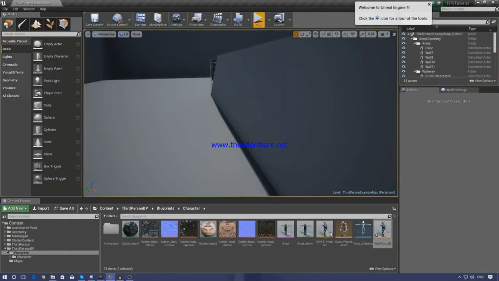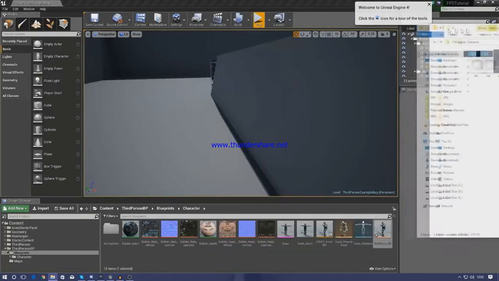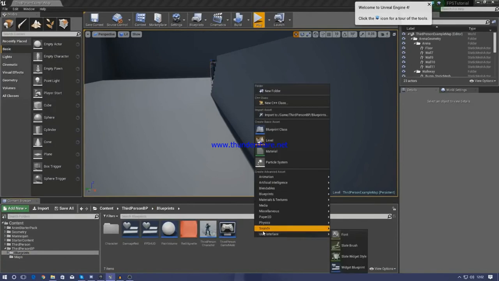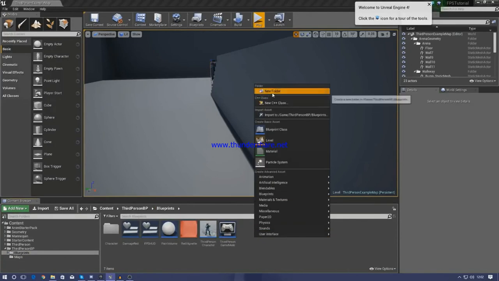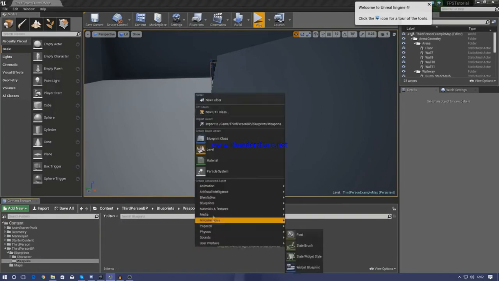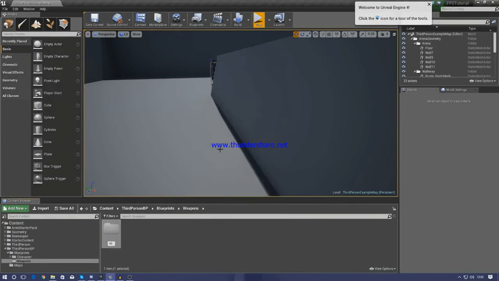So, moving on, let's go ahead and import this weapon into our game. What I'm going to do for now is go into my blueprints folder, go straight out to the main bit here, and then create another folder for weapons. I'm going to open that up, and inside of my weapons folder, I'm going to create another one, and I'm just going to call this